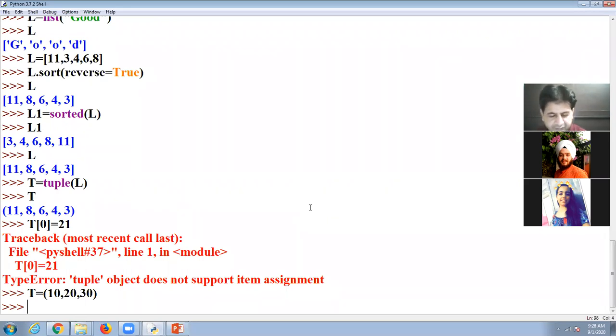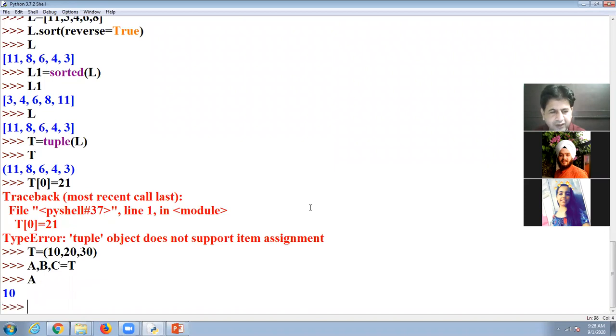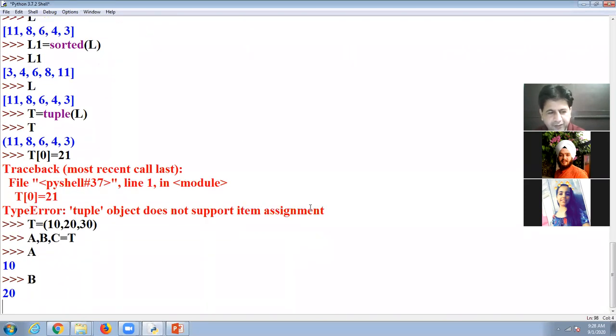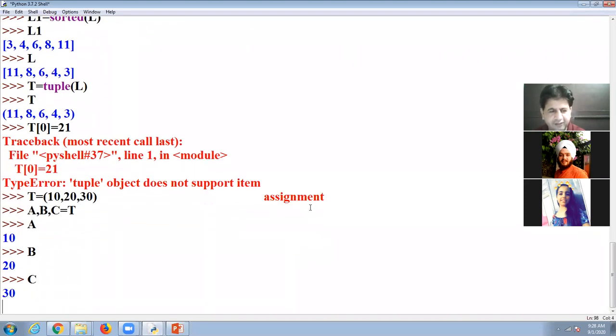I declare three variables A, B, C equal to T. T is here the tuple. So look at here, the value of A is 10, the value of B is 20, the value of C is 30. Now I can change the values of these elements.